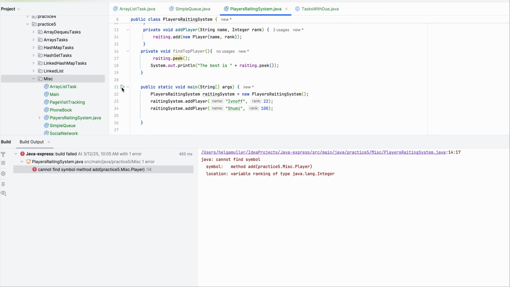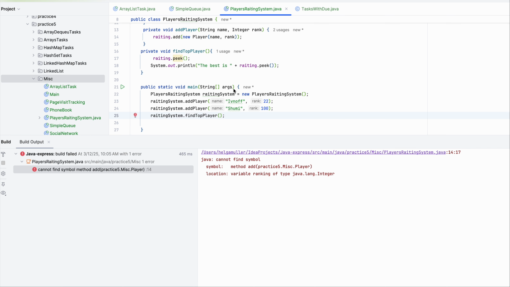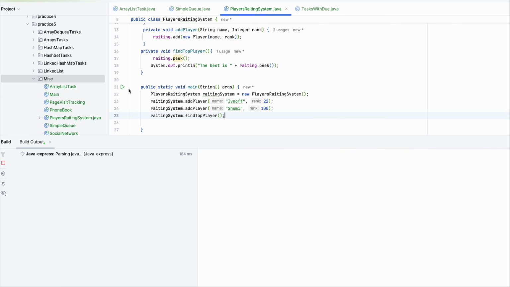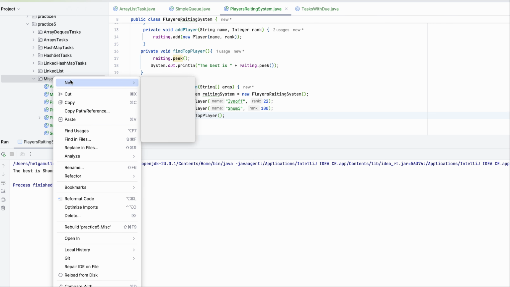Okay, let's try. Actually, I need rating system, find top player. So let's check it. The best is Shumi. Okay, no space here, has rating 100. Great. And the next one,